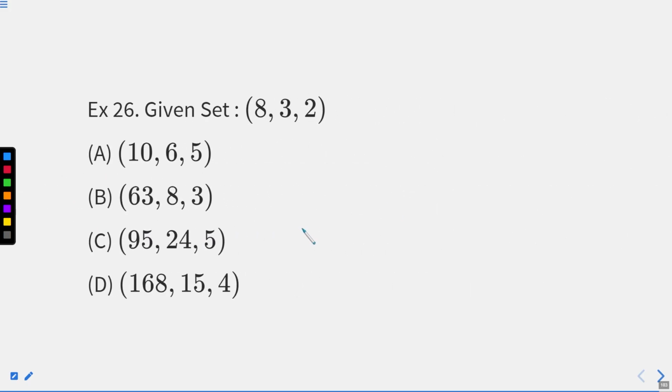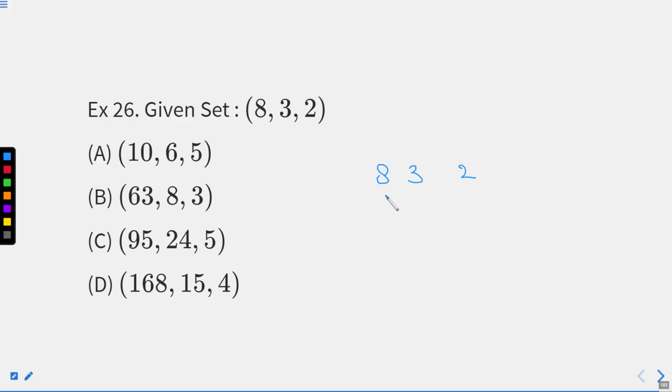Okay, we have the last question of this chapter, that is again this. So for the last time, I'm explaining to you the concept as well as the procedure again. First is to read the instructions. Second is to read the question well. What does the question say? 8, 3, 2. Now the third step is to write the question again, that is 8, 3 and 2, and derive the relation.